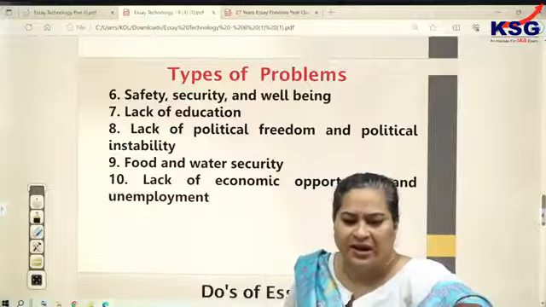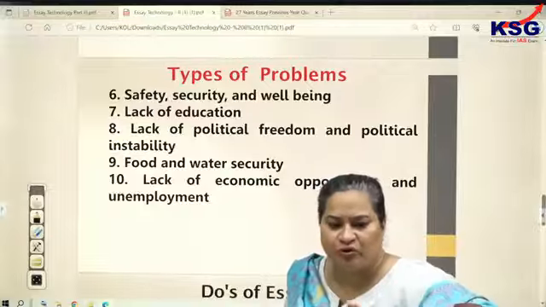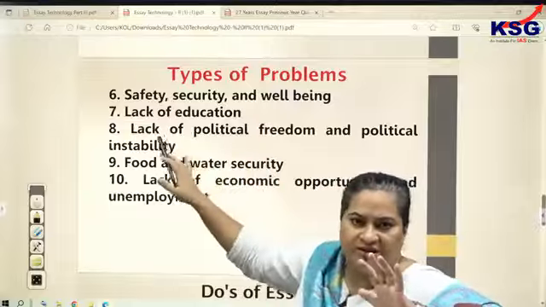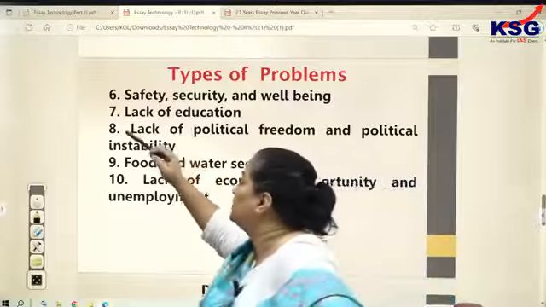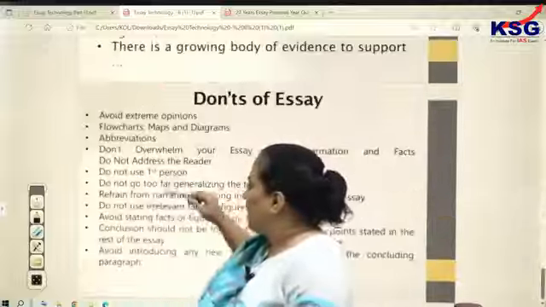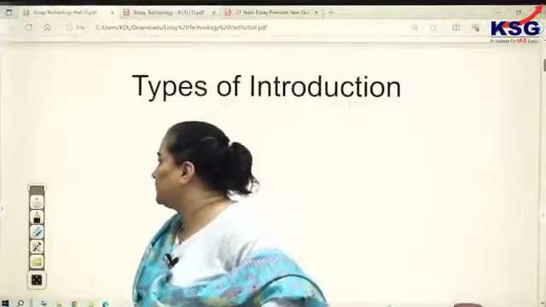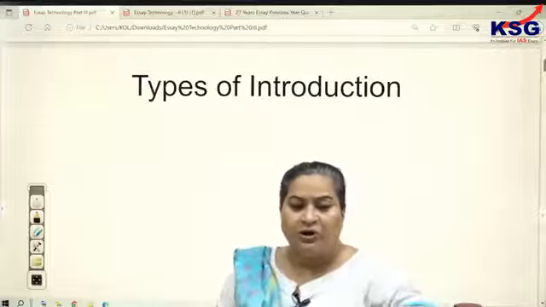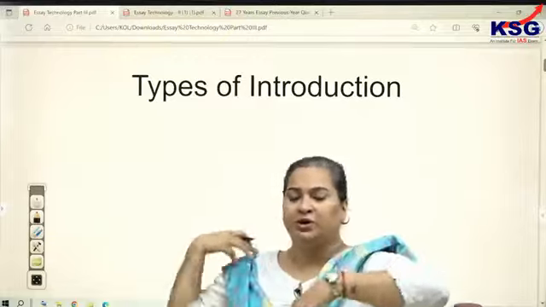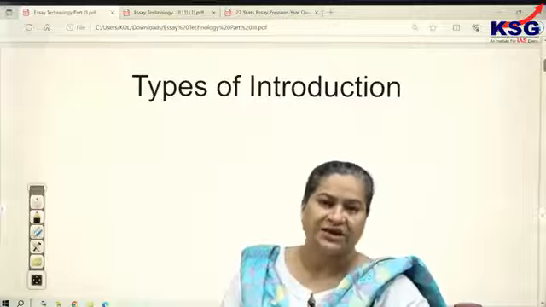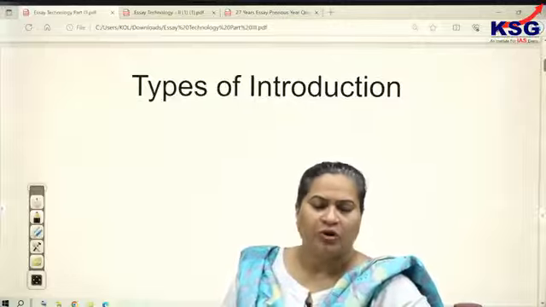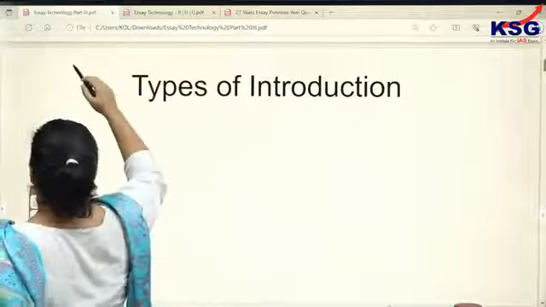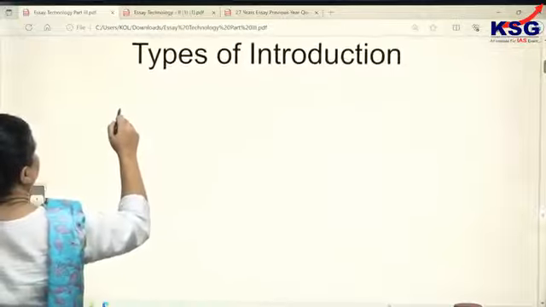So moving ahead with types of introduction as we are substantiating about it. I hope you are understanding the importance of these types of problems. After dealing with this part, the types of introduction, as we start with this one: what popular types of introduction have you used in the past, people? What are the ways in which you have introduced the content for yourself? That's the question which I'm raising for all of you.